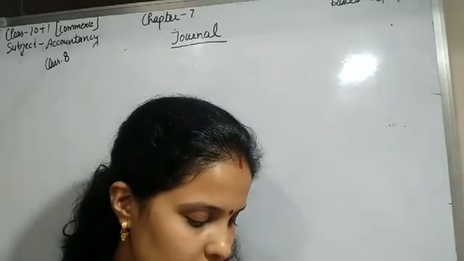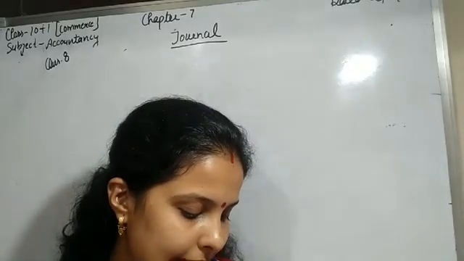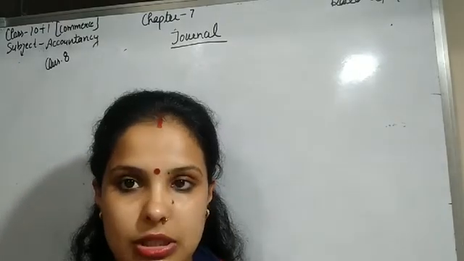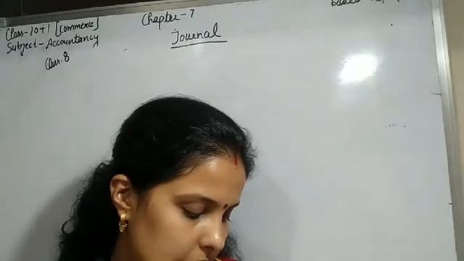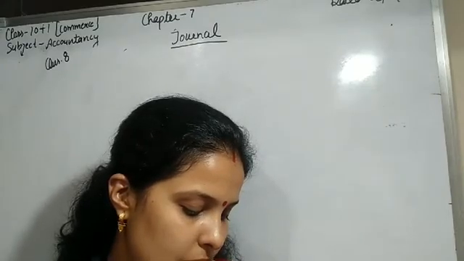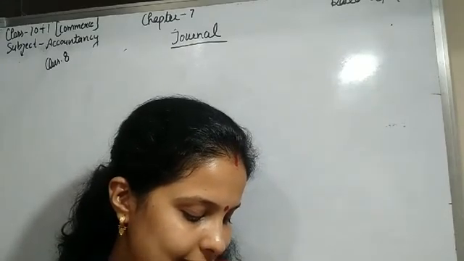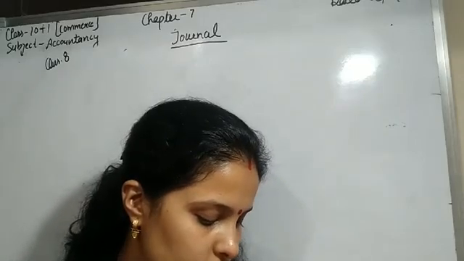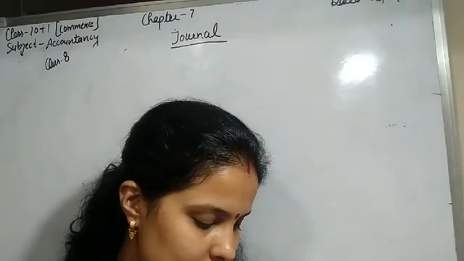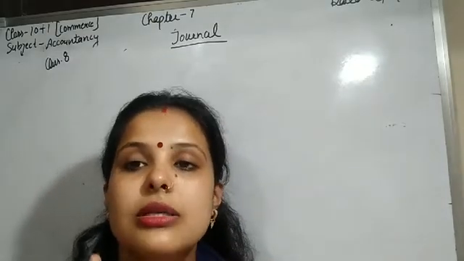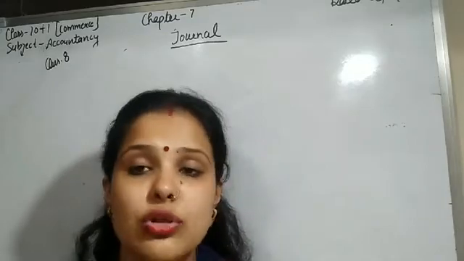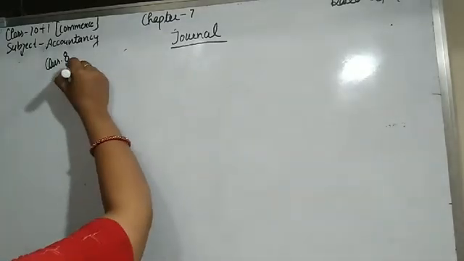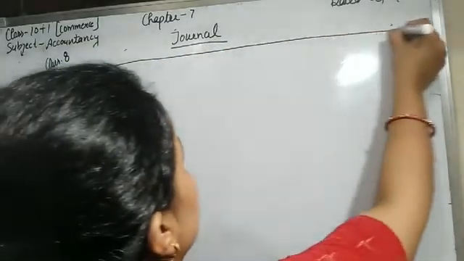And the rest of the transactions: on August 10, paid to Hari in full settlement and discount received. So this transaction is related to the discount. On 12th August, received from Manuj, allowed discount. And on 16th August, machine purchased, furniture purchased and wages paid. So this transaction is also related to one particular account, similar nature, and we also pass the journal entry of this. Look how. First of all, we have to draw the pro forma of journal, students.